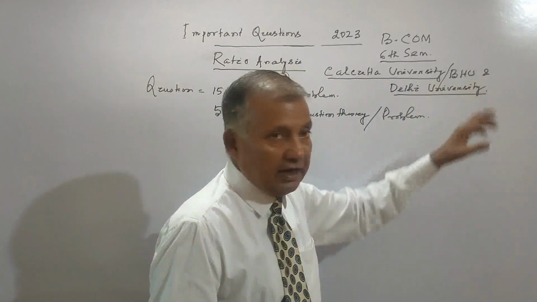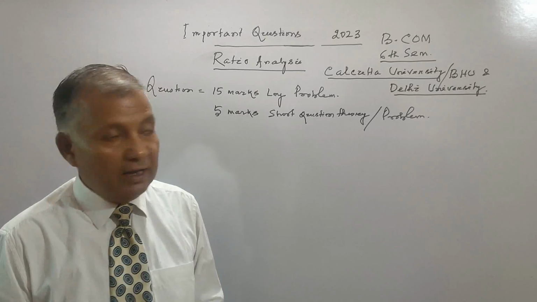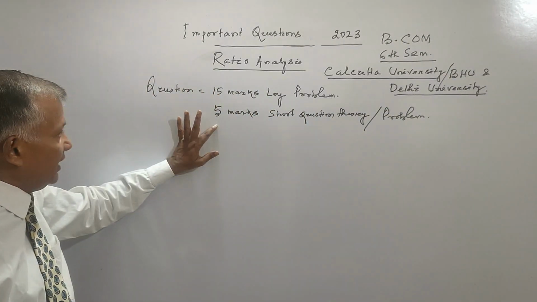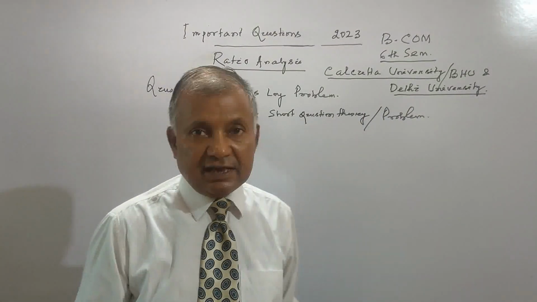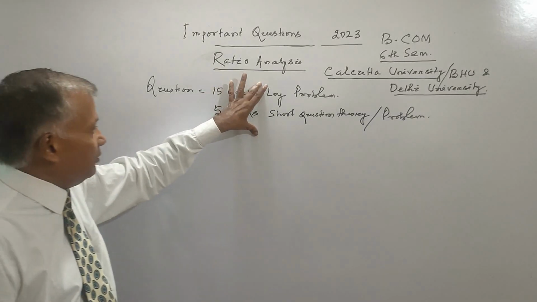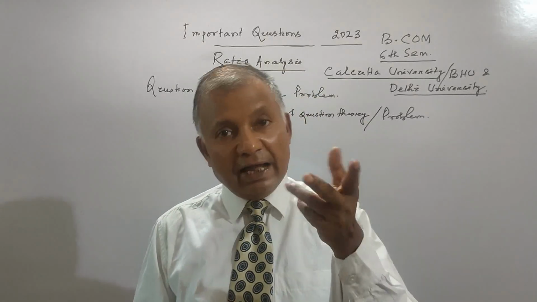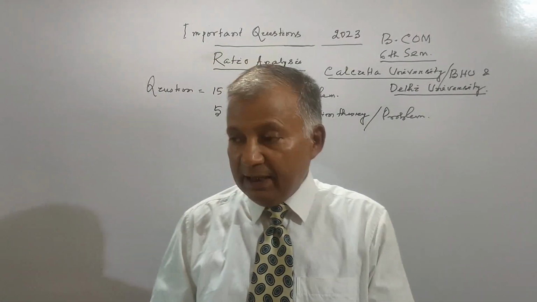Delhi University generally follows the same pattern of 12 or 15, but in Calcutta University there are 15 marks and 5 marks as far as the present syllabus is concerned. So keeping an eye on this 20 marks question, with either 2 problems or 1 problem and 1 theory, I have also